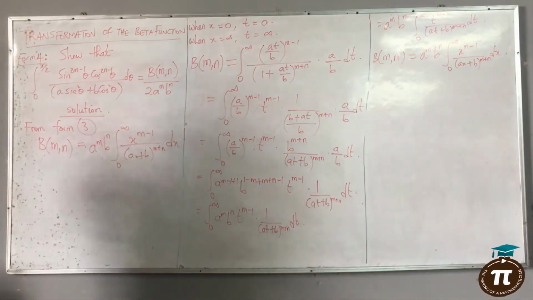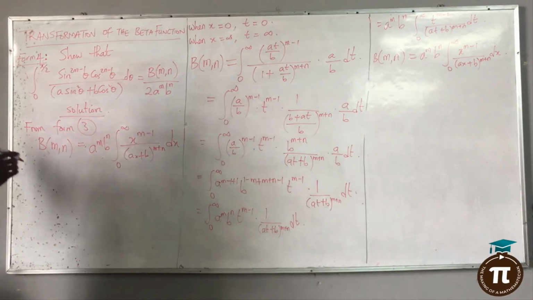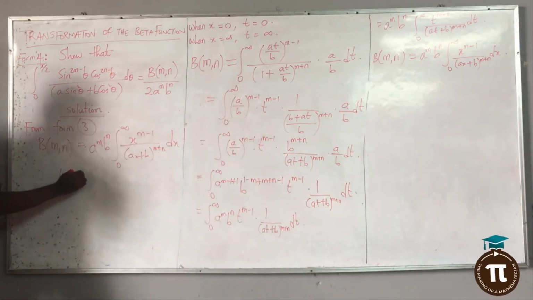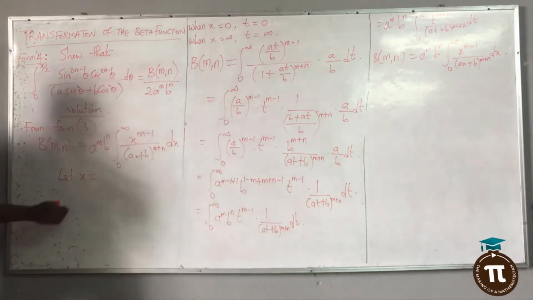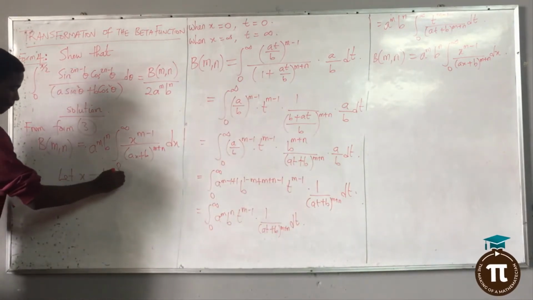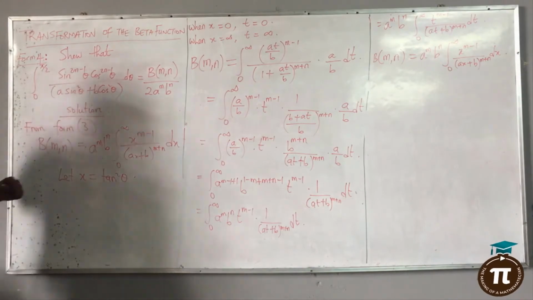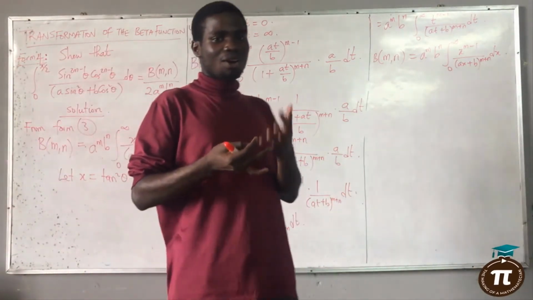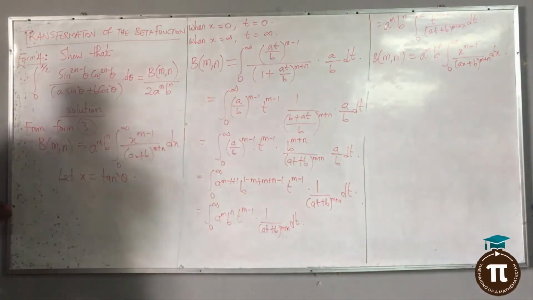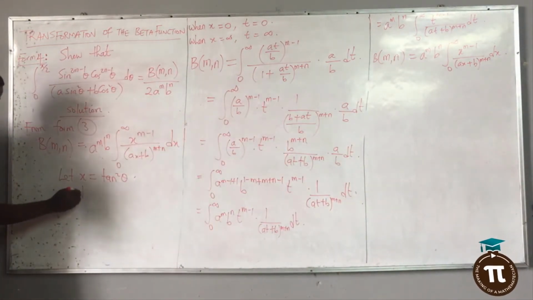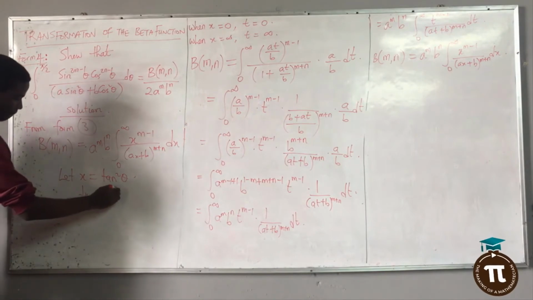So this is what I will do. I will let x be equal to tan square theta, because tan square has sine and cos. Tan is sine over cos, and this is what I have there. So I will differentiate this. dx will be equal to sec square